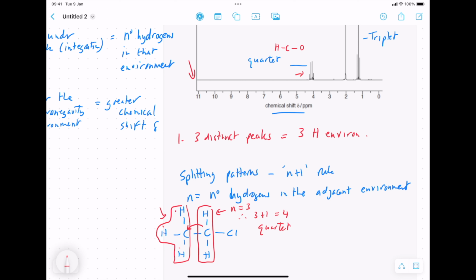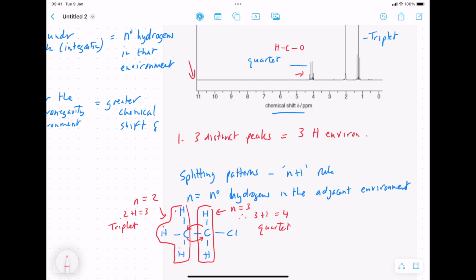Then for this one, we'd look at the carbon next door, which is that one there, and N would be 2. So 2 plus 1 equals 3, and that would be a triplet. So this particular molecule I've just made up, which is chloroethane, would have a triplet and a quartet present in